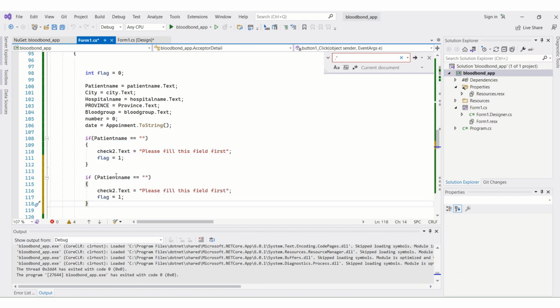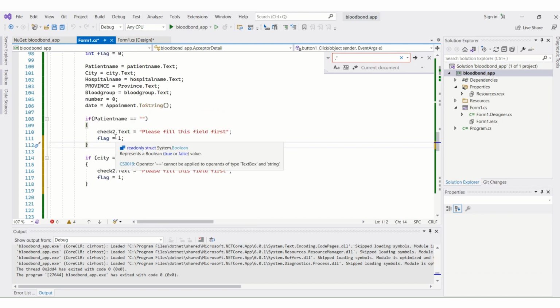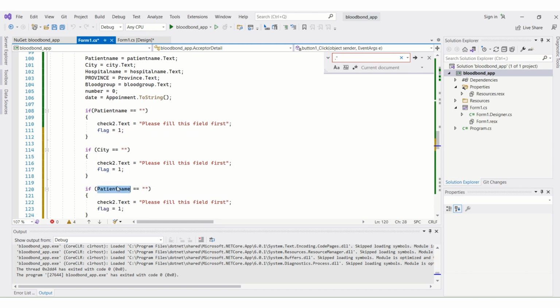City was also a text box. For combo box, the check will be a little bit different, but it will carry on the same functionality. For hospital name,